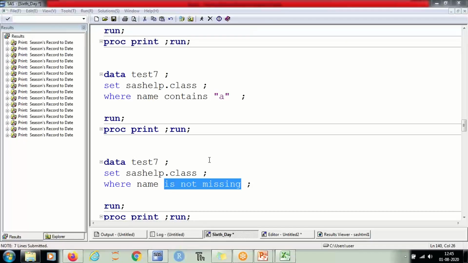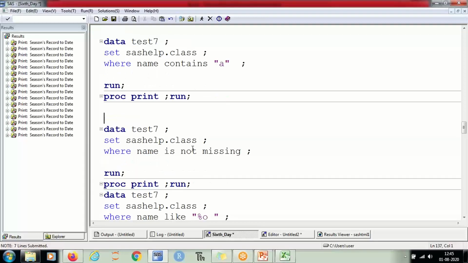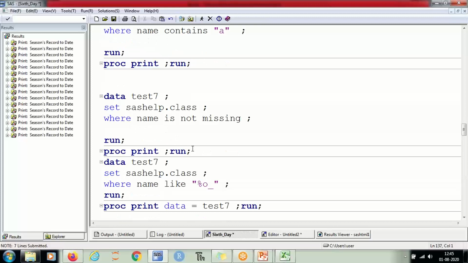So can we have more than one condition under the where command? Yes, we can have. We can also use the like operator with the where condition. So let me show you what is the meaning of the different keywords. Like, we are searching a string where in the second place from the last, we have O.